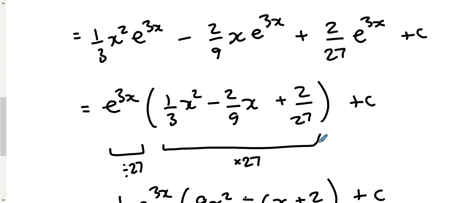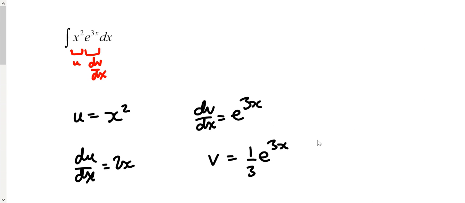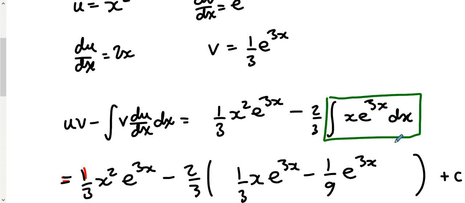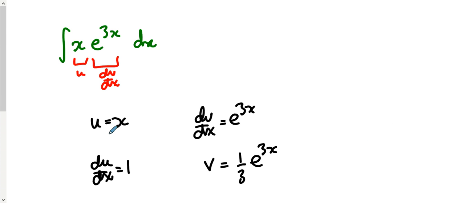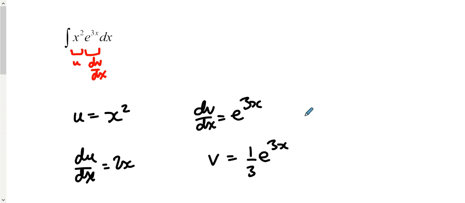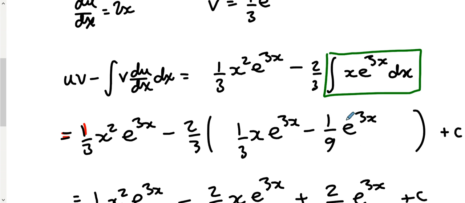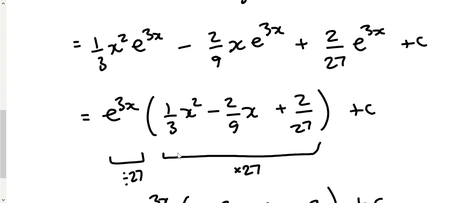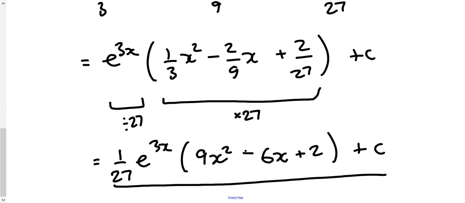So let's have a look back and see what we've done. We split it into u and dv by dx, and got it down to this point where the integral is another integration by parts. So we went over and somewhere else did that particular integral, and then we came back and substituted that answer back into here instead of that integration. You can see here in brackets, multiplied through, and then factorized, and that's it. So we'll do the next example in the next